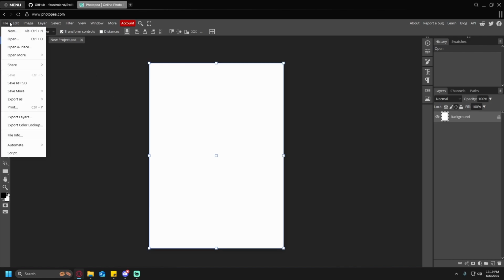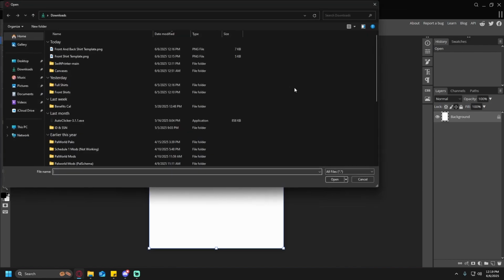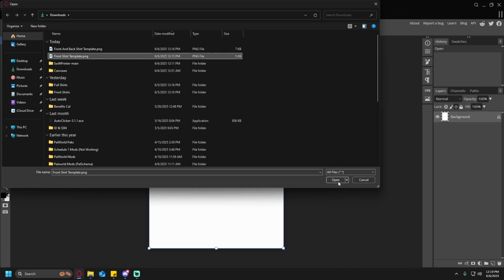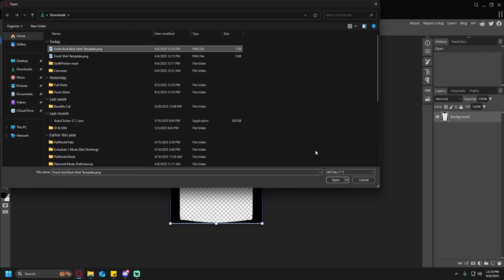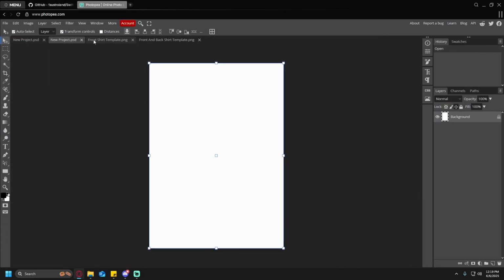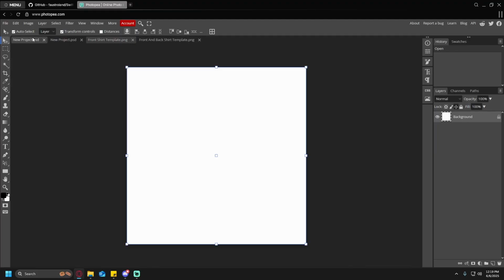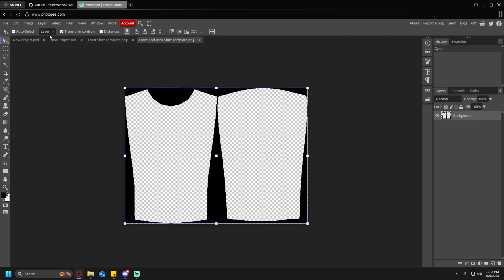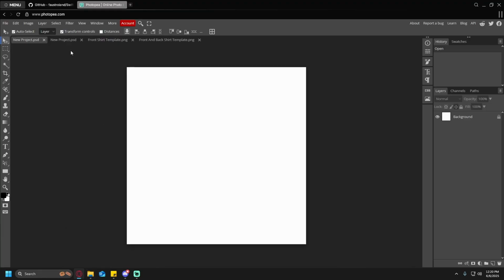To add your template, click on file, open, and click on front shirt template; file, open, front and back shirt template. You have all the templates right here ready to go. Whatever you're going to need is what you'll be using, so you're just going to have one of these open and ready. Now, just as a quick example of how to use these templates, you'll basically want to drag and drop